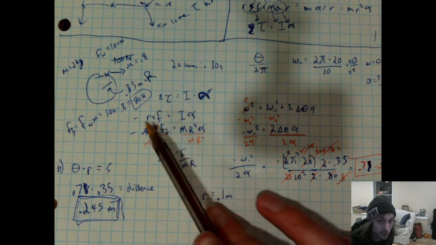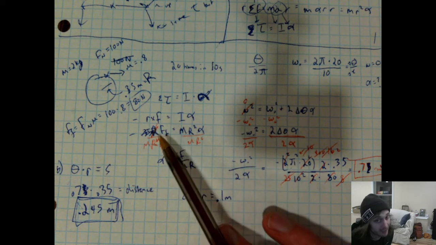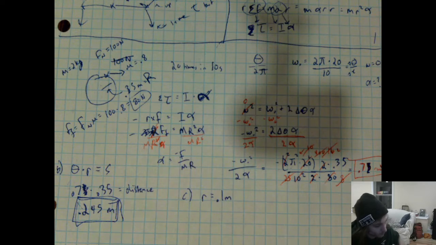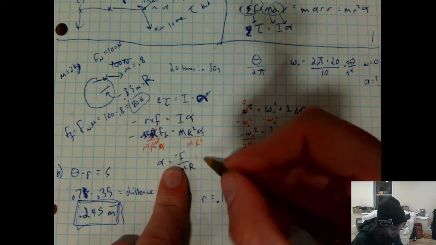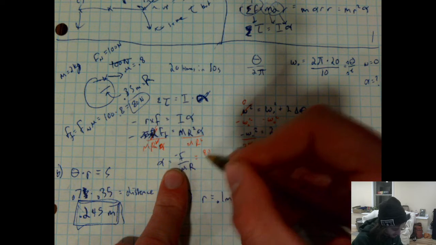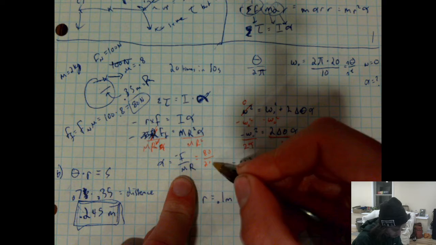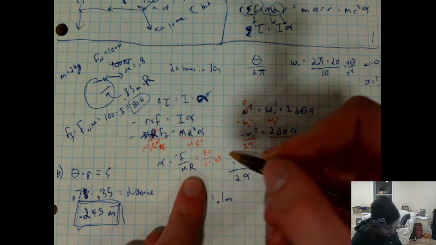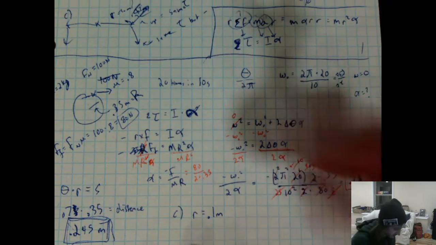Our lowercase r, which was previously the same as our capital R, would have been different. So our angular acceleration, instead of being 80 over 2 times 0.35, our angular acceleration would have been